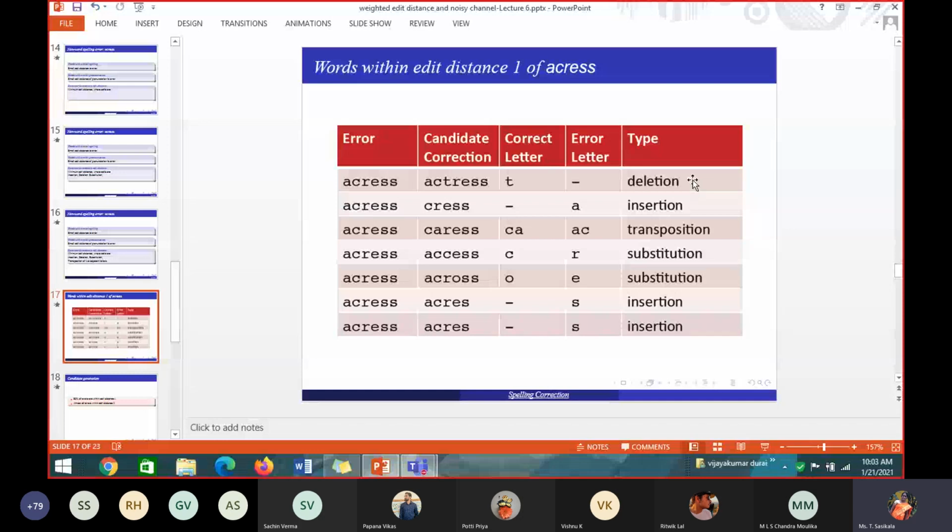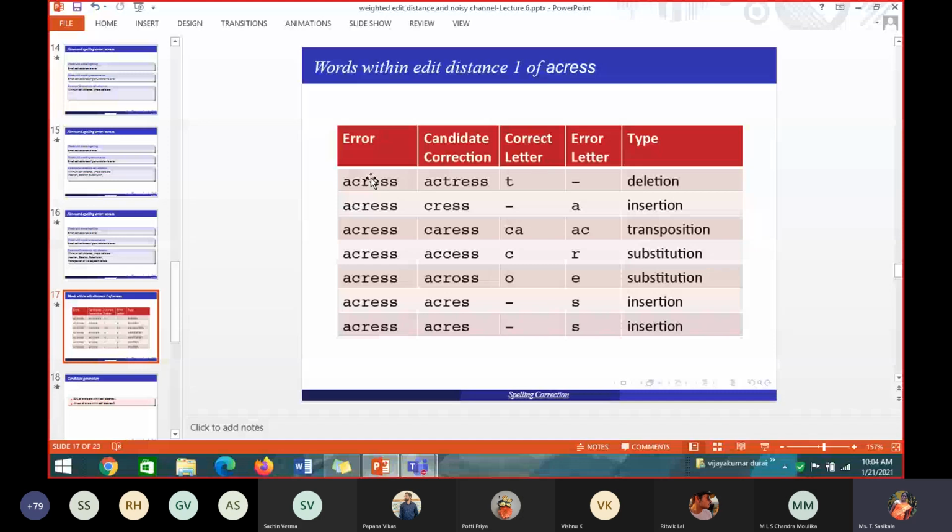So this is my correct word. These are all the correct words. Take my first word, which is my correct word. First I am taking only one. I will teach you; for the remaining ones you have to tell me which correct word I am taking. For the first correct word, what have I taken? Actress. Okay. So what change did I make to go from this correct word to an incorrect word? If I assume that actress is a correct word, then what change do I have to make to move from the correct word to an incorrect word? What operation do I have to apply? Edit operation. Deletion.